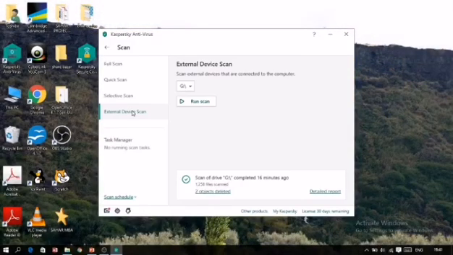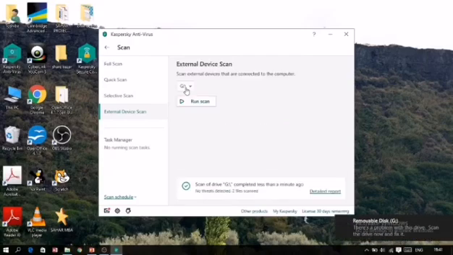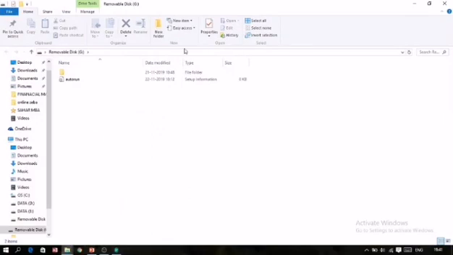Right now I have attached a pen drive, so it is showing a G drive over here. I am removing it, and I will show you again what option will be shown. Now as I have removed it, you can see that the option is removed because I don't have any external device right now. I am attaching it again, and now again it is displayed. Now here I am just showing you which type of scanning you want to do. You have to select that particular option.